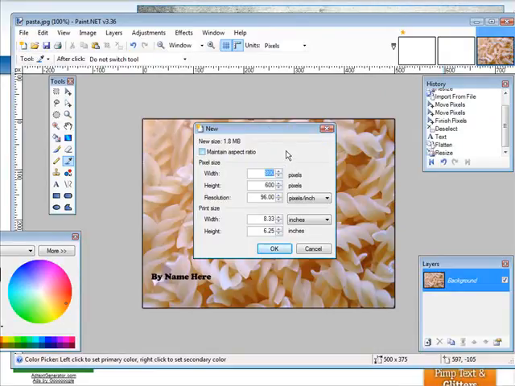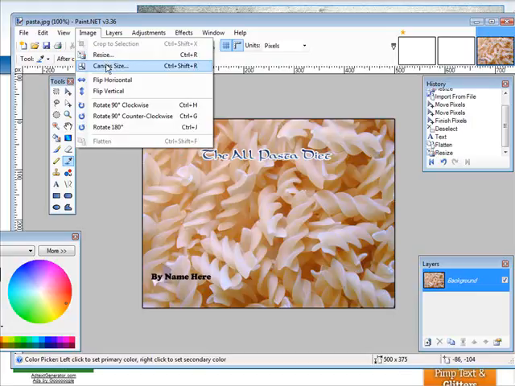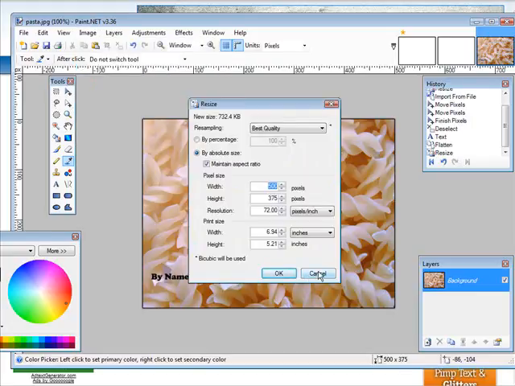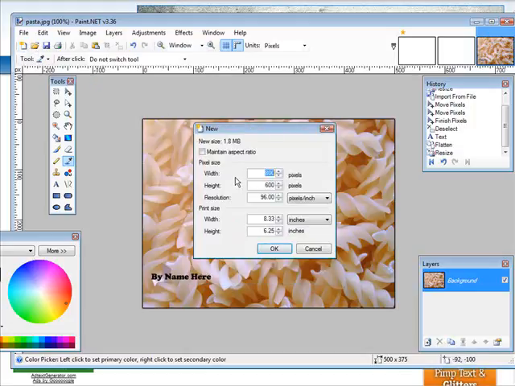Okay, so now what we want to do is do new, and then we want it to be 500 width, and actually, let's cancel that. We want it to be basically the same size as this as far as the height is concerned. So let's just look at what the height is. I think it was 375, which it is, okay. So we want to create a new one, and we want the height to be 375, and we want the width to be